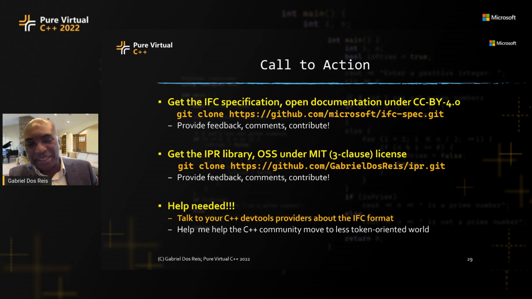So, a final call to action. Please go to GitHub, github.com, Microsoft IFC spec.git. Clone it, build it, look at it, find all the bugs, find all the things that are wrong with it, file issues, start conversations, so we can make it better. And if you want to play with it, you can also clone the IPR library and start building IPR data structures out of the IFC. You can use the MSVC toolset today to produce IFC, and then you can write your own library or start a project to get an IPR library